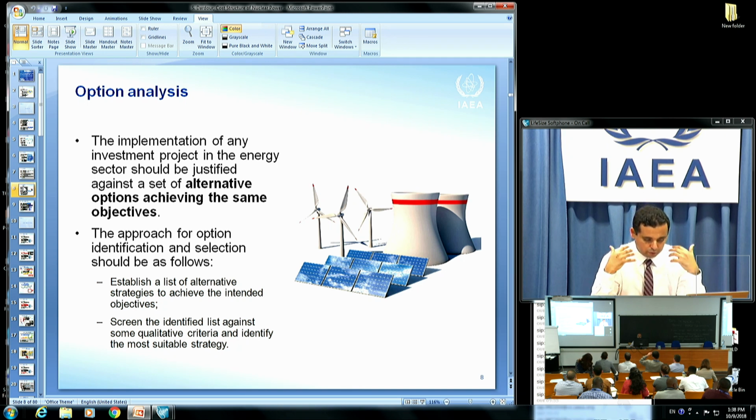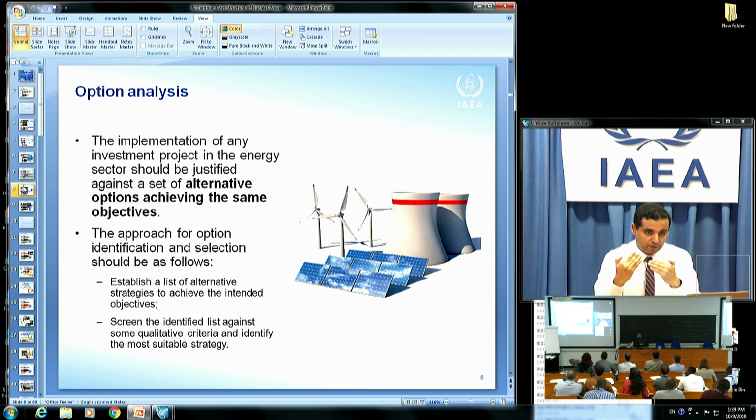And to take the decision to invest or not to invest, and to select the technology in which we will be investing, we need to do what I just talked about. It's supply-demand analysis. But we also need to do what we call an options analysis. So in order to achieve the same objectives, we have